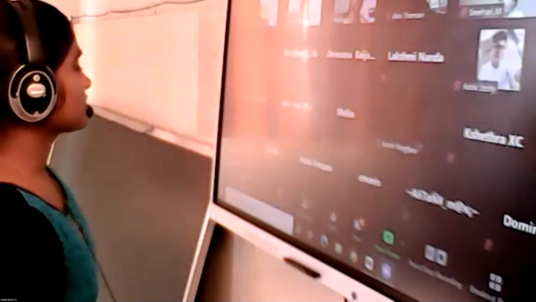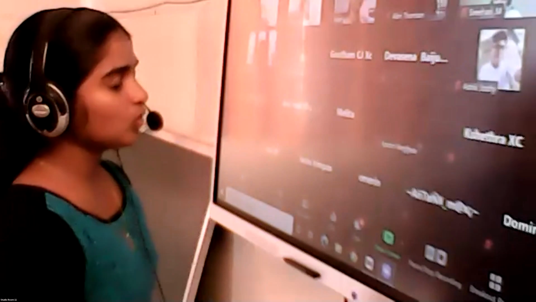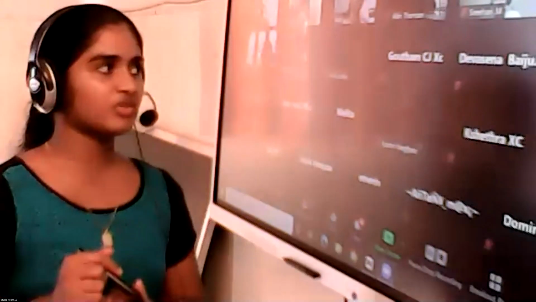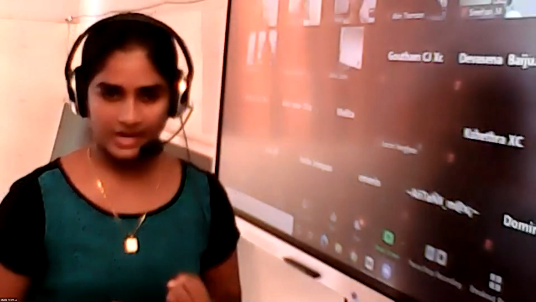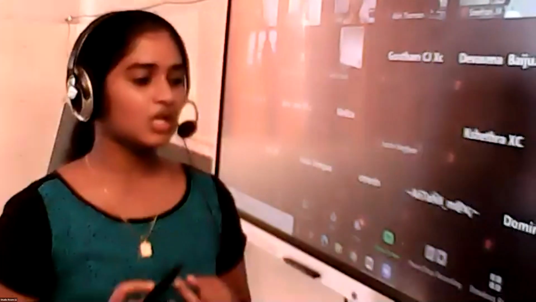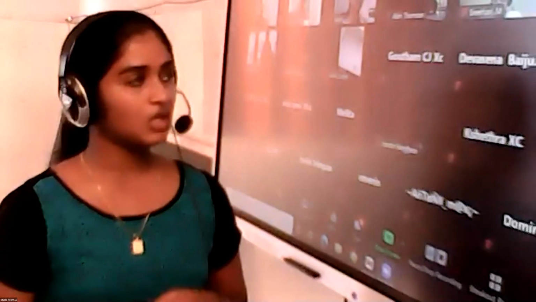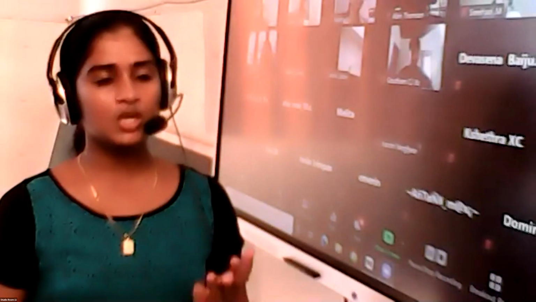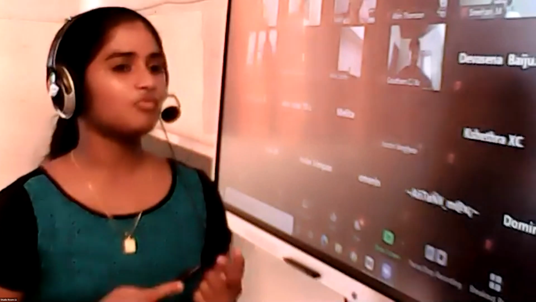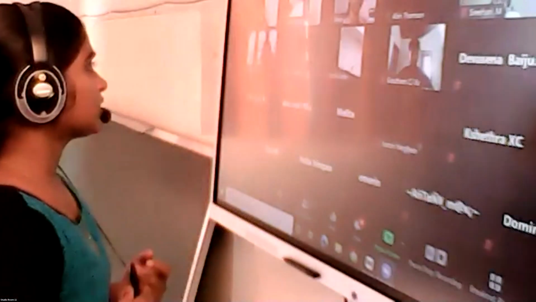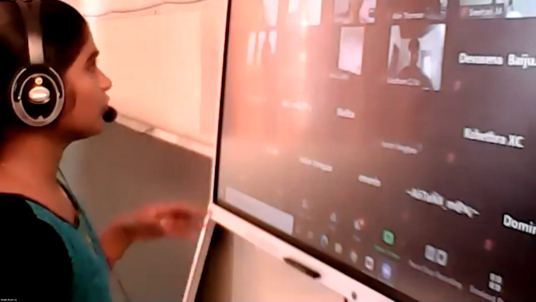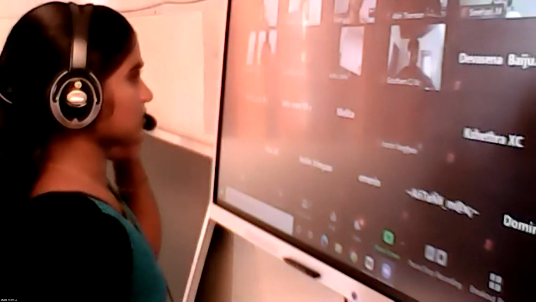For the next class, all of you learn these two topics very well. First one, combination reaction. Second one, decomposition reaction. In combination reaction, you have to learn what you mean by combination reaction, examples for combination reaction, and what you mean by exothermic reaction. Then the second one, decomposition reaction. There are three types of decomposition reaction: thermal decomposition, electrical decomposition, and photo decomposition, with their examples. The next chemistry class is next week, so there is enough time to learn. All of you learn these two topics very well for the next class. Okay?